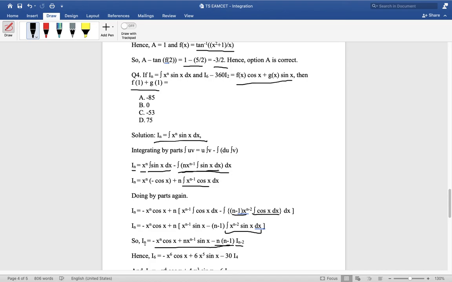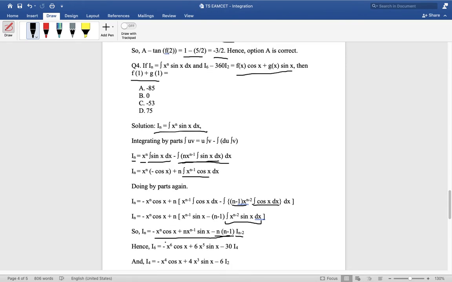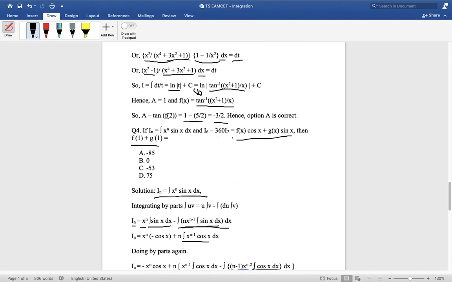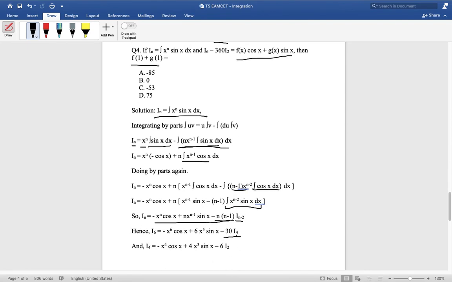So what will be I6? Just put n equals 6 in this expression, which will be n replaced by 6. So minus x raised to the power 6 cos x plus 6 into n minus 1 is 5, 6x^5 sin x, 6 into 6 minus 1, 6 times 5 is 30, minus 30 I4. In the problem I am given I6 and I2, not I4, so I will have to get rid of I4. How will I get rid of I4? I will put n equals 4 in this one. Okay, so I4 will be what? Minus x raised to the power 4 cos x plus 4x cube minus 4 into 4 minus 1, 4 into 3 is